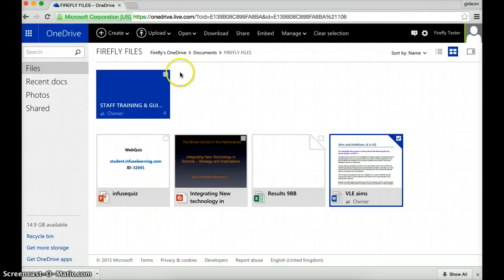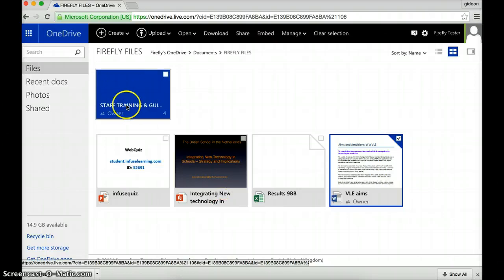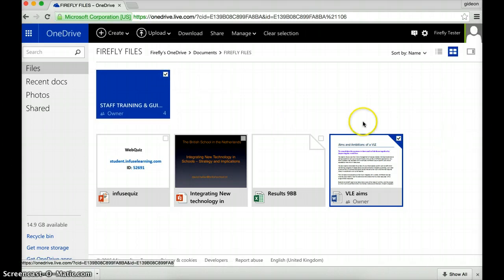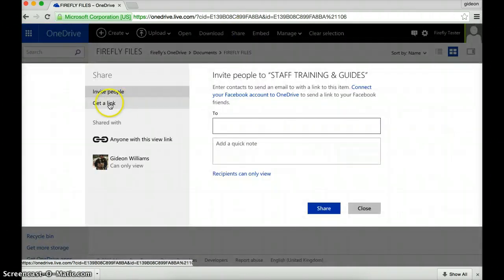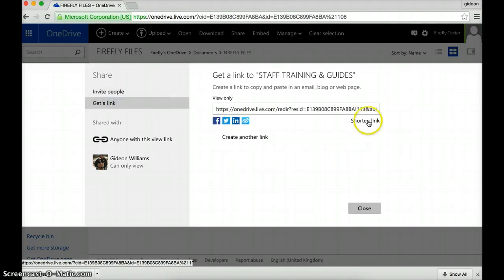And what I'm going to do is share this whole folder. Now, just before I do that, make sure I untick this, because if I tick this, you'll notice that both are ticked. So it's going to cause some odd things with the sharing. So let's untick that, keep this ticked. I've got my share bit, click on it, and same as before, click Get a Link, shorten the link,